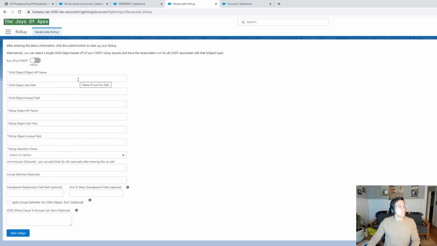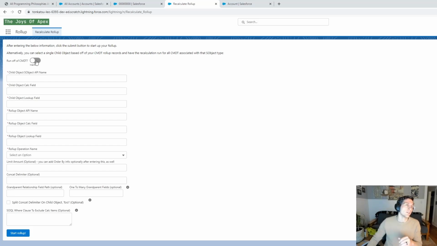Now, because I haven't filled anything out, I don't have the option of going over and using this toggle. I'm going to show you what it would look like if you just want to start filling out information and getting rollups started. So prior to creating any kind of custom metadata, which is another step here, and after that step, we'll end up using this toggle here and considerably shortening the amount of time that it takes to get